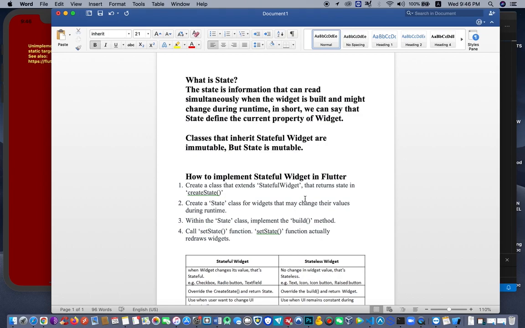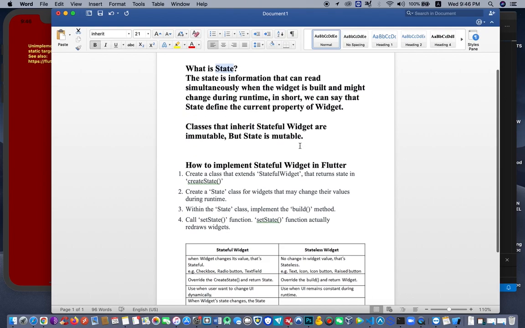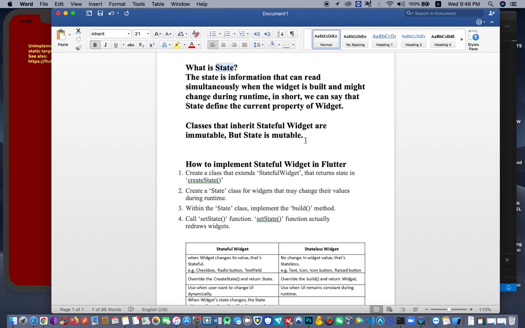So, someone will ask, what is state? As you can see here, state is information that can be read simultaneously when the widget is built. So we need to look at that. And these states normally change during runtime. You understand? So it means state always changes. Stateless does not really change. Good. But